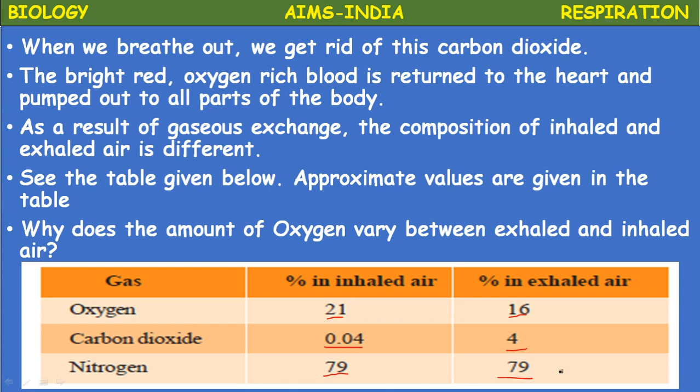So this is the table which represents it. So what has raised the percentage of carbon dioxide in the exhaled air? The carbon dioxide is released during the process of respiration, so it increases the percentage of carbon dioxide in the exhaled air. The total lung capacity of human beings is nearly